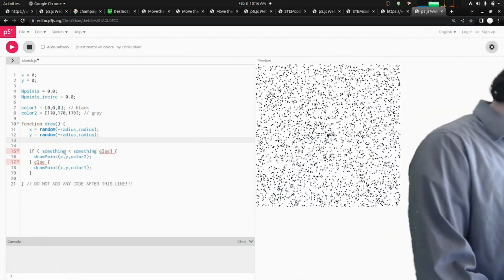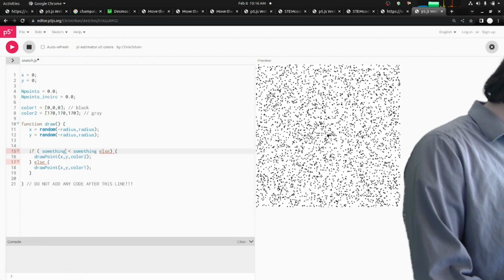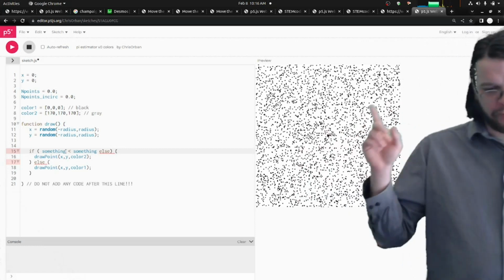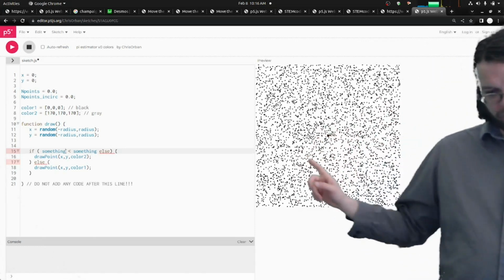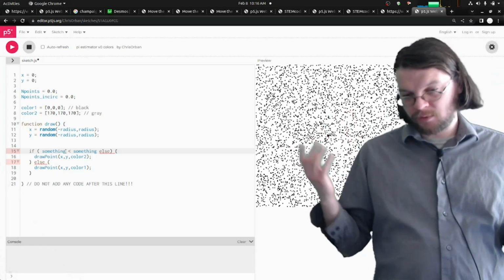So what you've got to figure out is, what is the distance between any particular dot and the origin? And isn't it nice how it kind of fills out over time? That distance is just the hypotenuse, right?